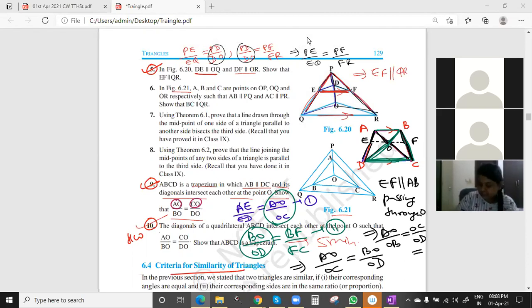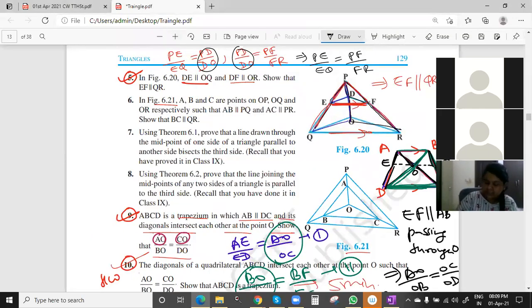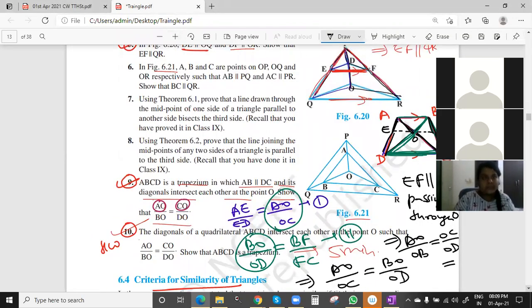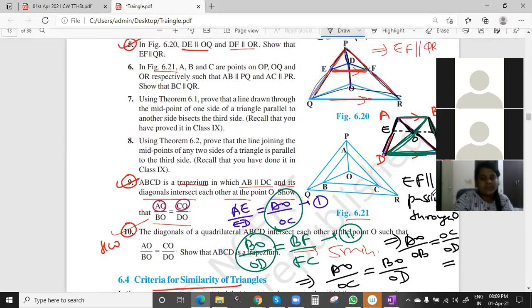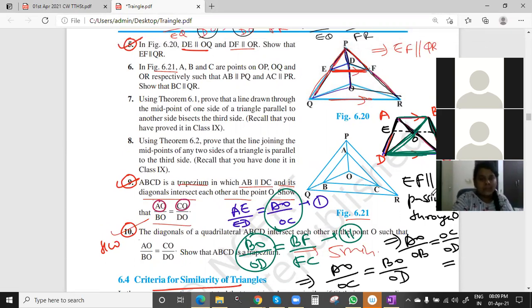If you got the answer of 10th one also, then it's good. Otherwise, try as homework, and try to solve the other questions also. Other means all the questions, all the exercise questions and examples of this chapter, and ask doubts if you have any question, any example or any exercise question you find difficult in solving or understanding. We'll see in the next session.